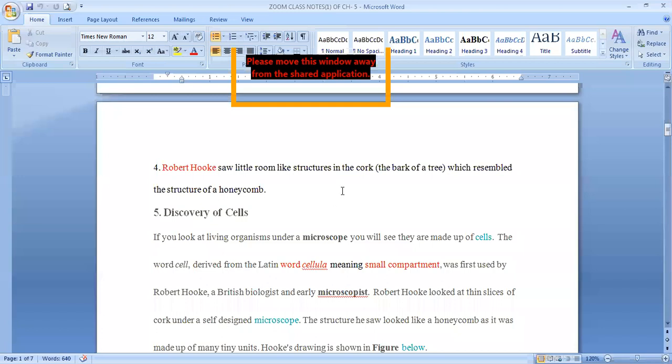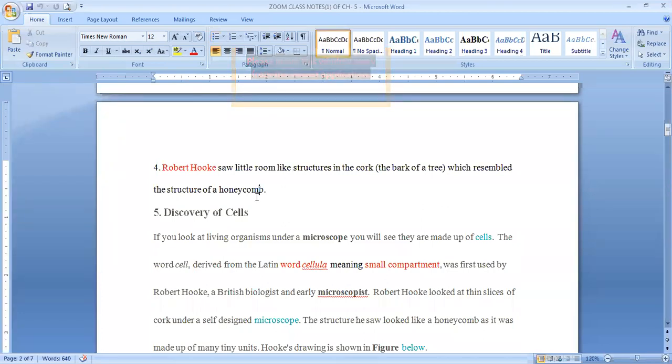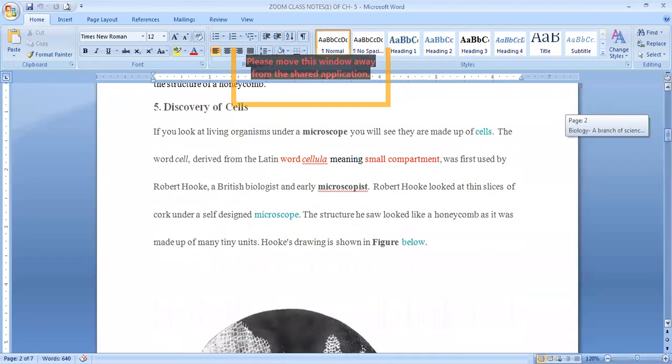So while he was observing the cork, he saw some little room-like structures which resembled the structure of a honeycomb. Honeycomb means beehive, the hive in which the honeybees live. It is made up of hexagonal compartments. So the cork was looking like that honeycomb, and that's why the name cell was given to it, because cell means little room or a compartment. So you can see in this diagram